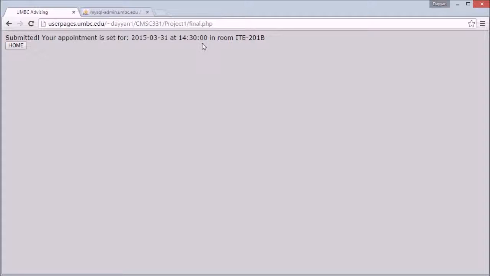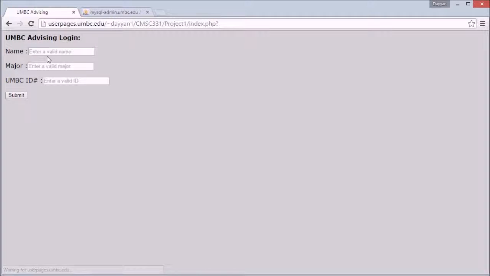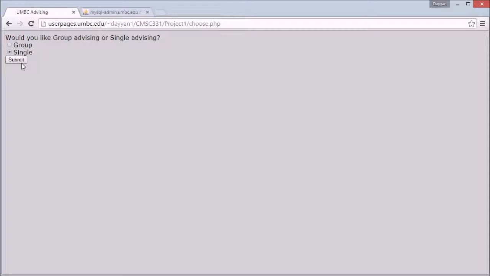Unfortunately, the date and time are not well formatted. Hopefully, I'd like to fix that in the future. You'll also see that there's a home button here. This will return us back to the login page, where I can fill out another appointment and show you the single advising page. So now I'll select single instead of group, and we'll see that there is now a third